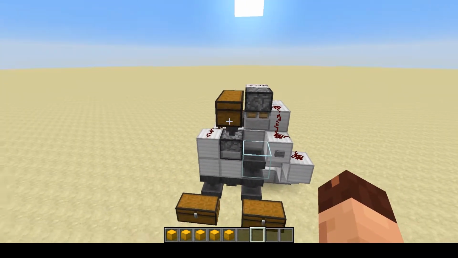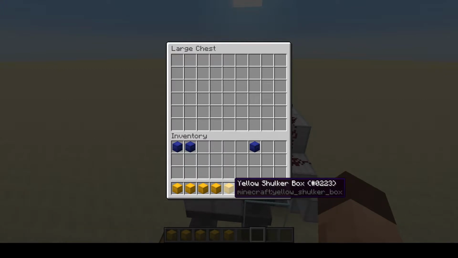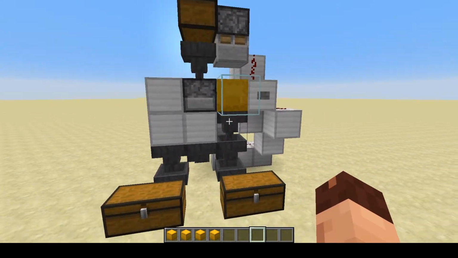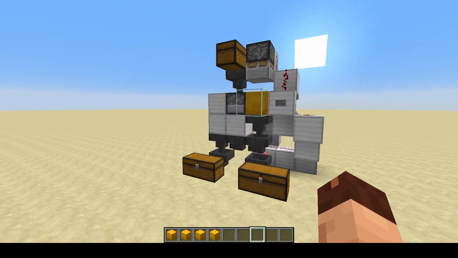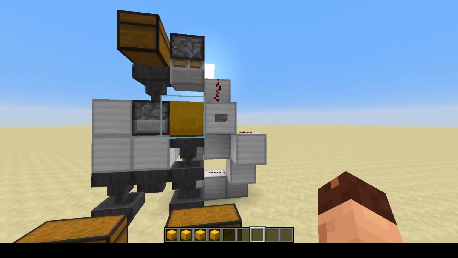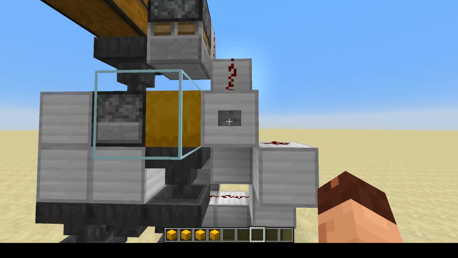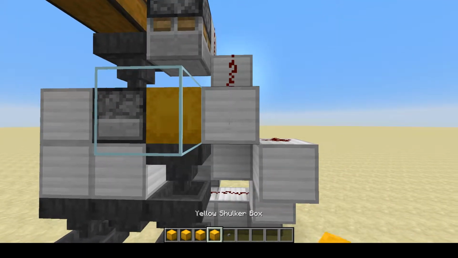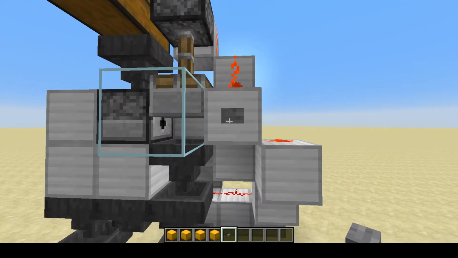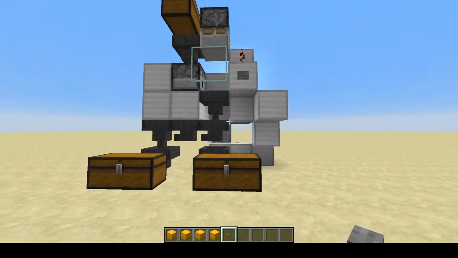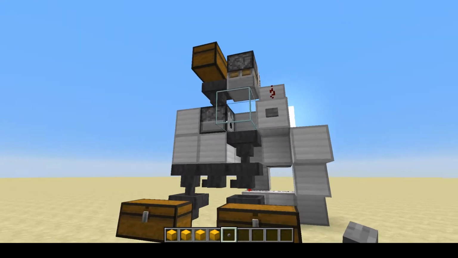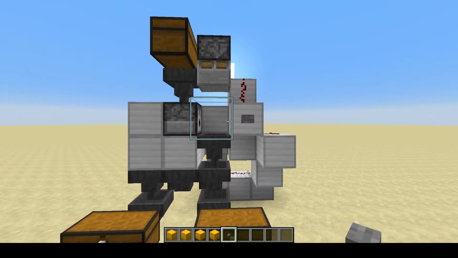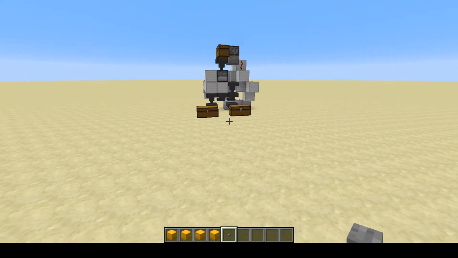The slight problem with this is if we take an empty shulker box, this machine stops. And the solution I proposed in the first version of this was to simply put a button here, and when you break it, you need to take out another button and put it there. And when you push that, you do a manual reset. And I got a comment saying, do you know of a compact way of doing that automatically? And I had a little think about it, and